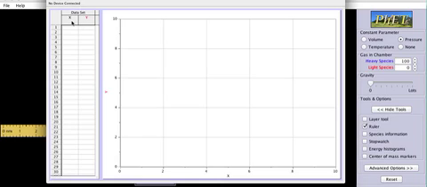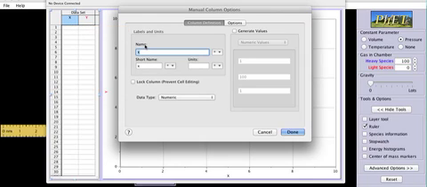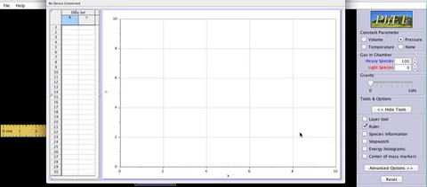It's going to look just like X and Y. So you'll double click on the X. If you double click on the X, it's going to ask you what you want there. And if you're doing a Charles's law, you're going to put temperature here. Okay, the short name can just be T, and the units can be kelvins because they're going to be in kelvins. And then the Y, double click on the Y,